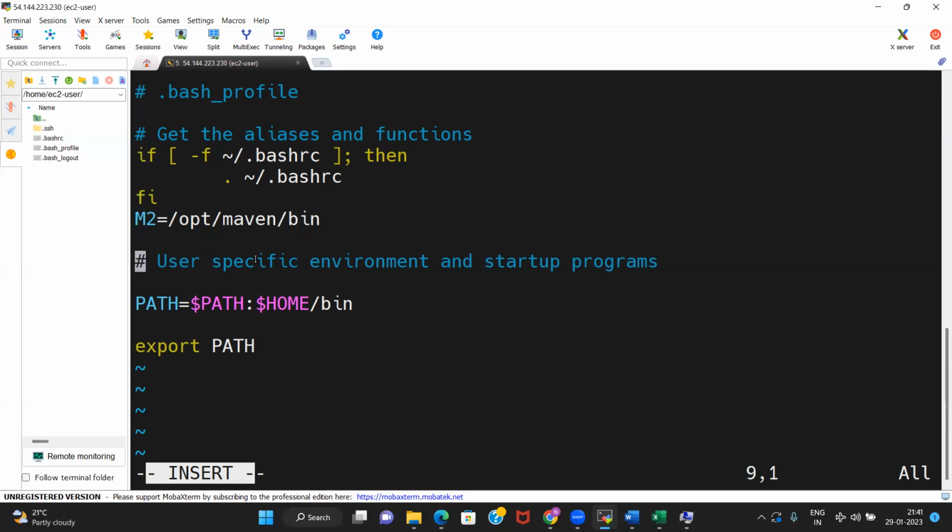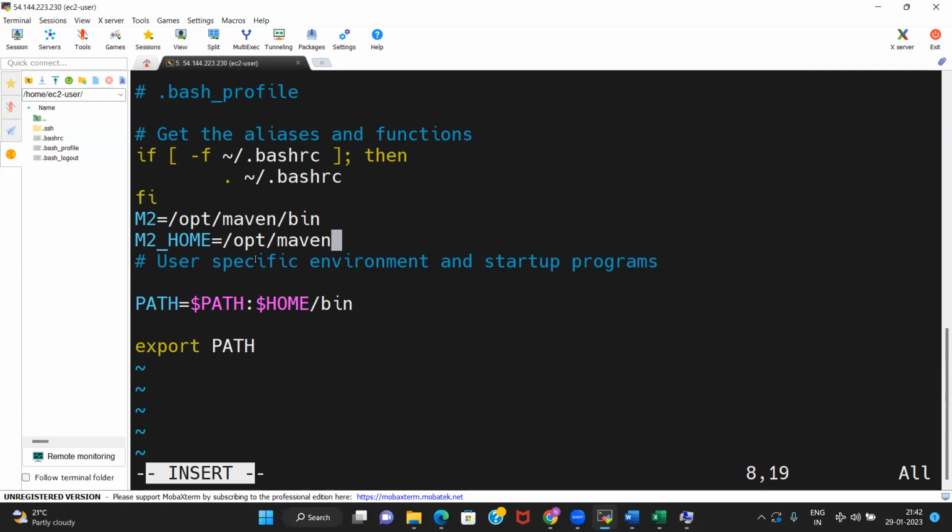This is a standard variable name. The next one is M2_HOME, and that will be /opt/Maven. So you have defined two variables right now. We haven't set them as environment variables yet.